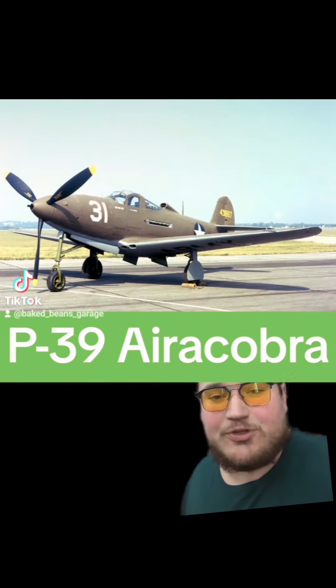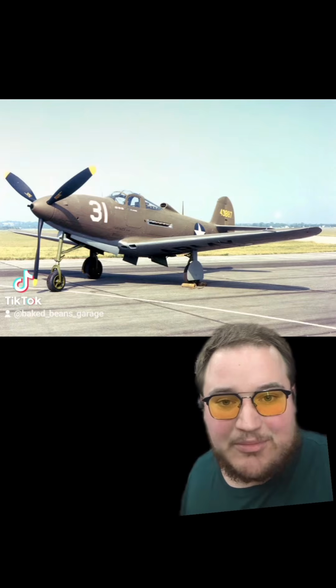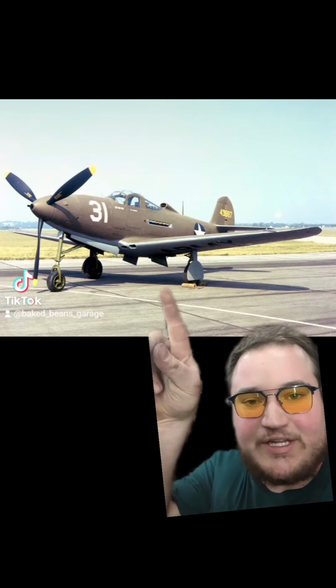Shortly before entering World War II, the U.S. Army Air Corps put in an order for a new high-altitude interceptor for escorting bombers. And this was the response from the Bell Aircraft Company, the P-39 Airacobra. And it had a lot of weird stuff for 1938, like tricycle landing gear and automotive-style doors, but most of all,